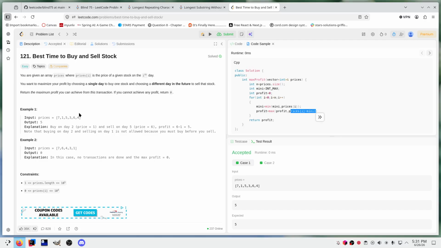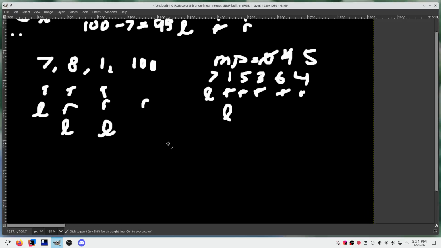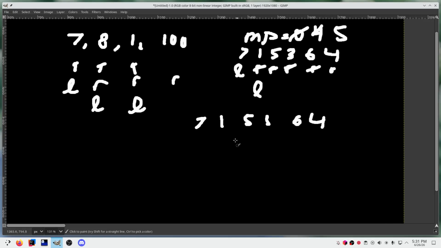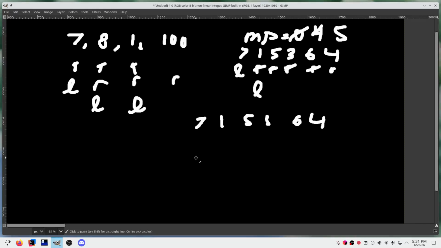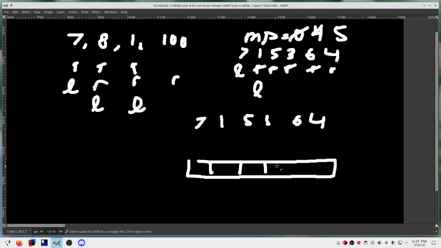So essentially what they're saying is that, say we had 7, 1, 5, 3, 6, 4, right? We're trying to find the minimum. Where's the minimum at? Let's say, where did they start at? I is equal to 0. So building up the dynamic programming solution, you do something like this, right? Where the max profit in this day is, let's just say it could be,